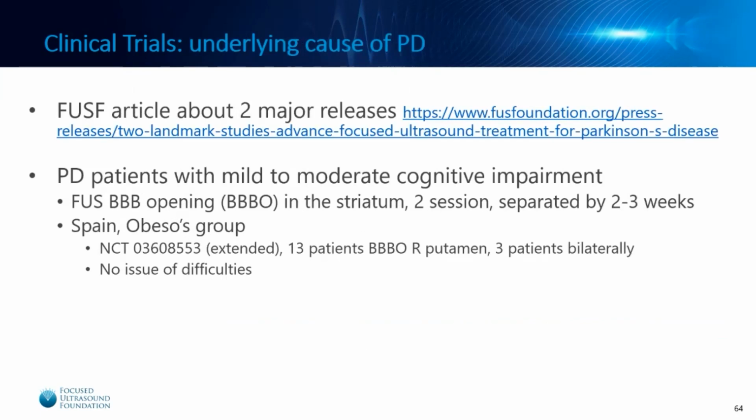And actually there are 2 groups that did something and they released it in October, exactly the same time. And we actually have this link here to the article about that we had in our newsletter. And this information will be shared with your group when we're done, so you can go see these links. But basically, the group in Spain found that they could